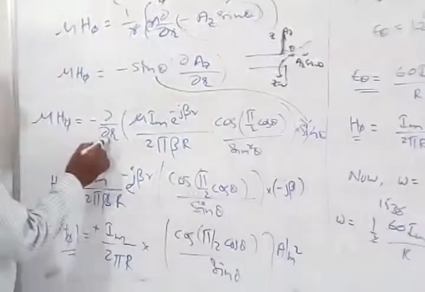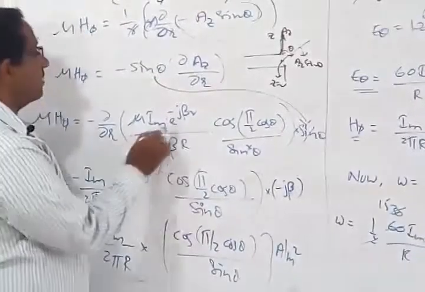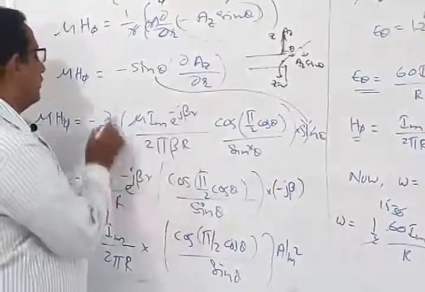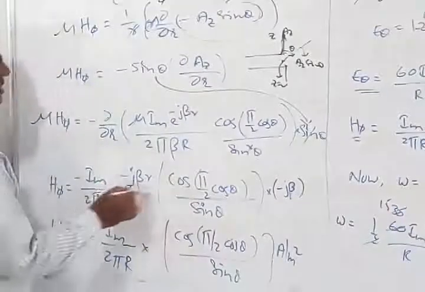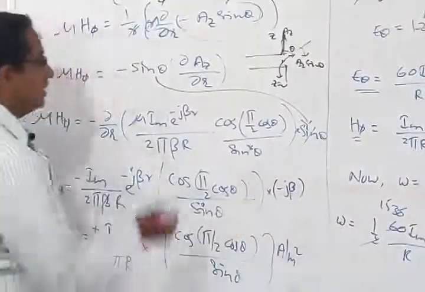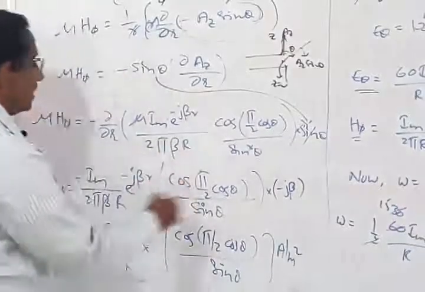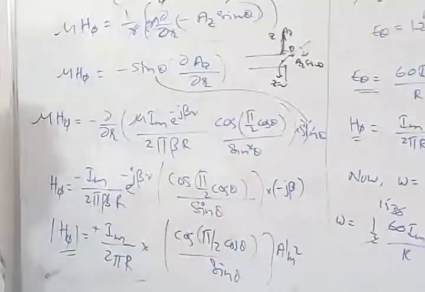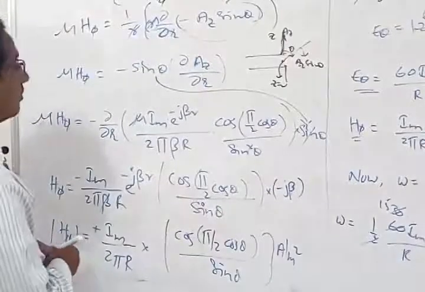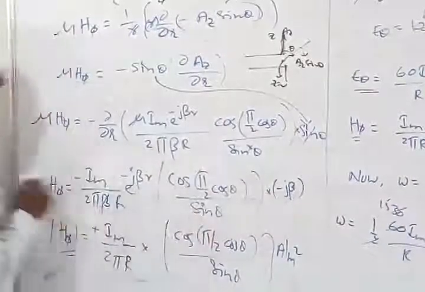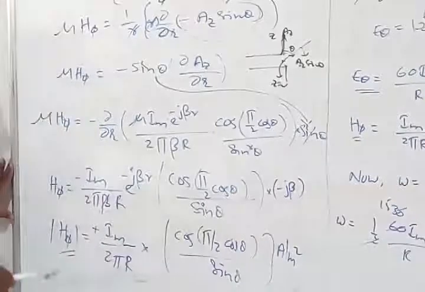Then now we are differentiating with respect to r. We have r component here, e power minus j beta r. So if we differentiate this partially, what will I be getting now? E power minus j beta r into minus j beta. All the rest of the other components remain the same for us. So I will simply write the same components as it is without making any changes. Now what can we have now? This beta and this beta will get cancelled, right? And this is minus into minus becomes plus.